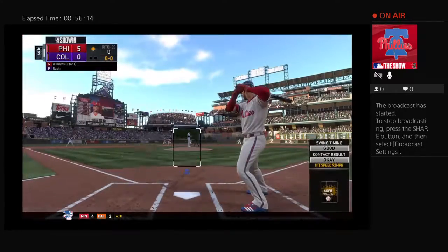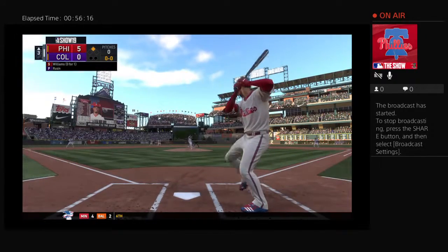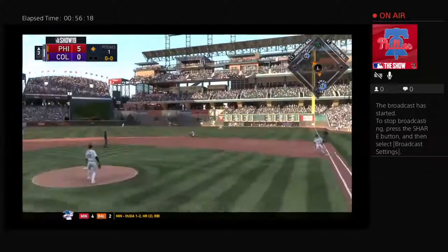be content with a 2 RBI double. First pitch coming. Here it is. Hard hit ball to second. Hampson